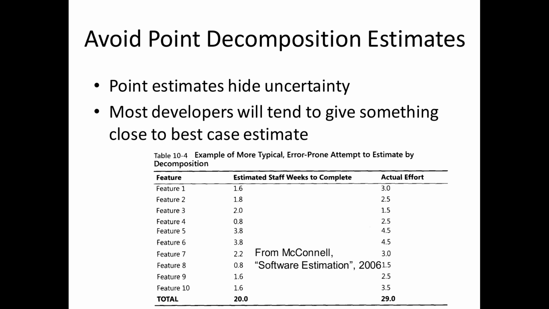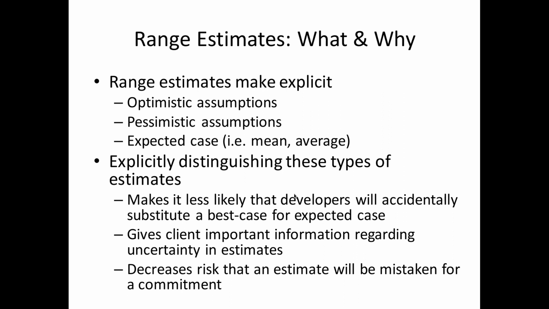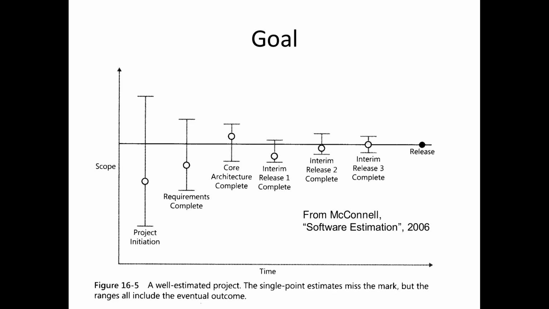And it requires you to think explicitly about what could go wrong if you do include those. So you actually want to explicitly give these range estimates, and you want to have optimistic and pessimistic assumptions, and explicitly distinguish these, okay? And the hope here is that over time, these start to converge. Early on, you might be quite uncertain about how long the project will take. It could go from small to large. And then over time, you're getting more and more clear about how long it will take.